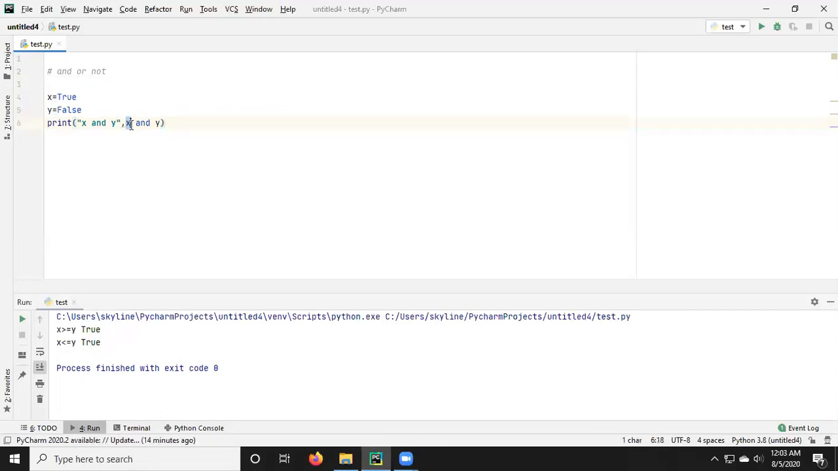If the values of x and y are true, then and only then the complete expression is which one? True. It means in this example, x must be true and y must be true. If both are true, then and only then the output is true. But here check out, x is true but y is false, so it will return which one? False value. Check out here, output is equal to which one? False. Means what? If we use the AND operator, then both conditions must be true, otherwise it will return the false